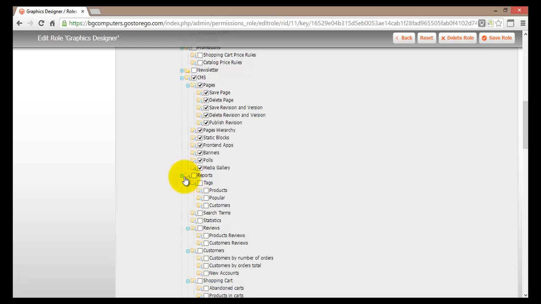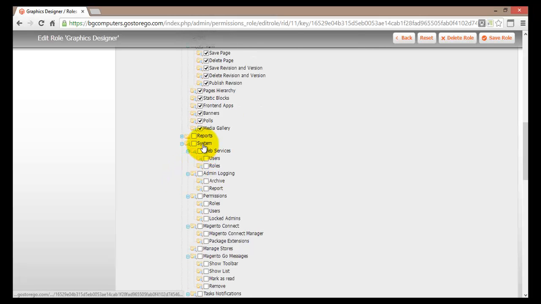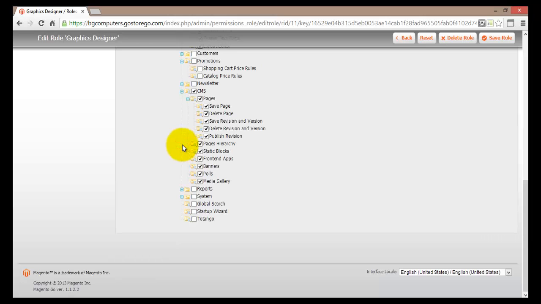When it comes to the report, we'll probably leave this empty. Now for the system, we do not want to give them permission to change permissions and stuff like that, so we'll collapse that as well. And down the bottom we have a global search, startup wizard, and something that's called Tango. Now we'll leave all that as unselected. Alright, so